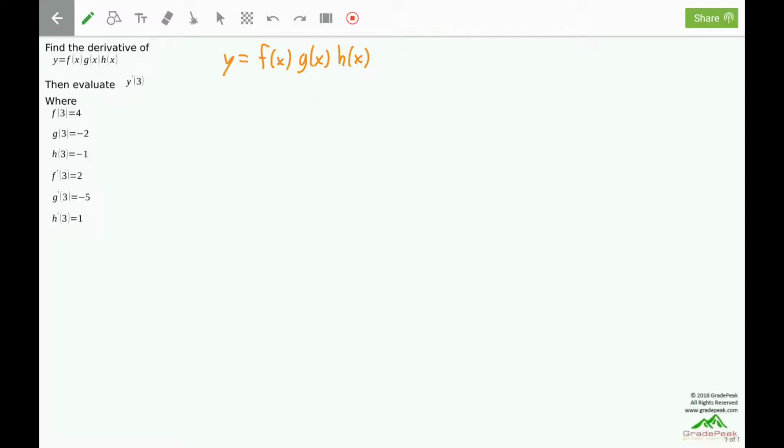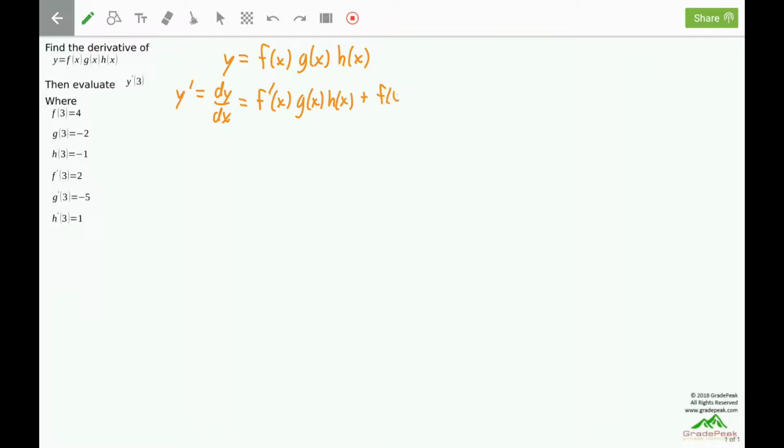Y can therefore make use of the product rule. This is actually the triple product rule, where we have 3 functions multiplying each other. The derivative, y prime, or dy dx, will follow a similar format as the product rule, but one term at a time here. The derivative of the first, f prime of x, times the second and third left alone,